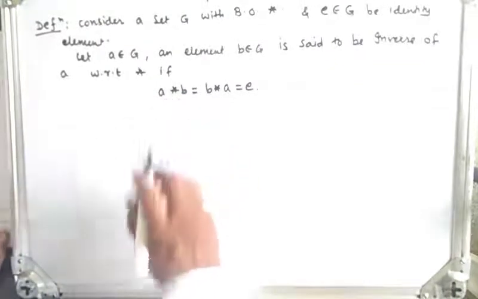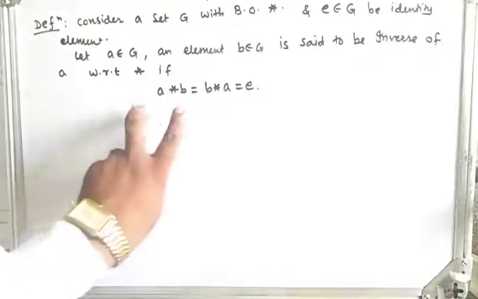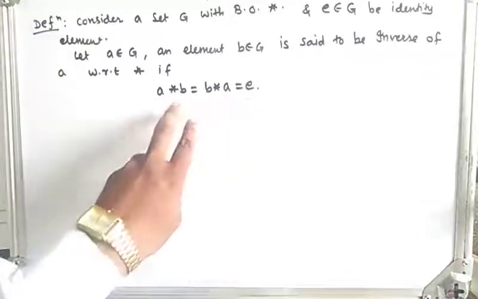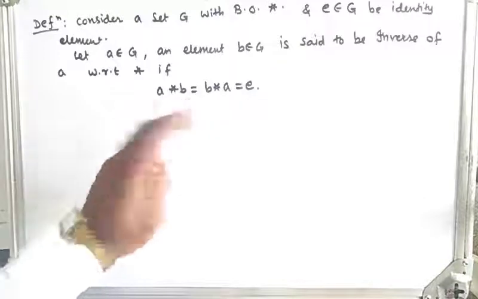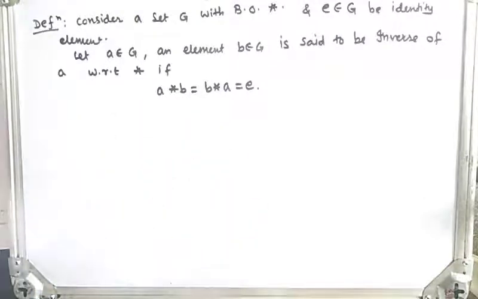So here star is any given operation, which may be addition, subtraction, multiplication, division, or whatever is defined by a given condition. So if a star b is equal to the identity, then we say that b is an inverse element of a, or a is an inverse element of b. Note, if b is the inverse of a, then we also say that a is the inverse element of b. For example,